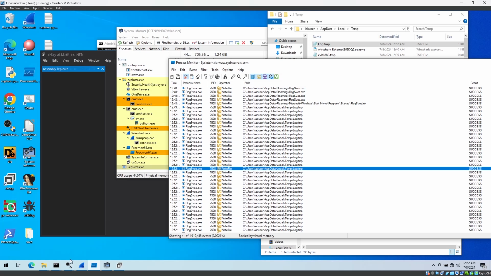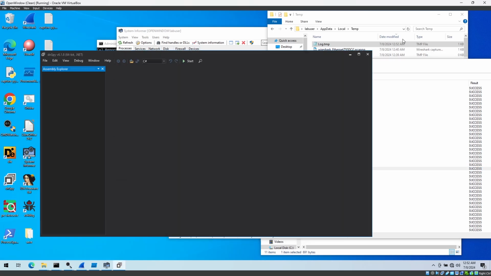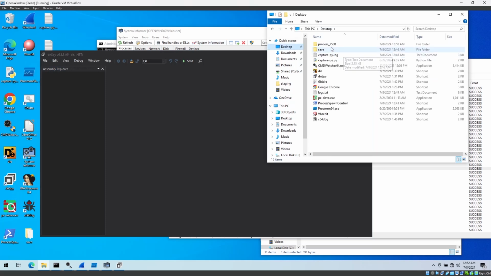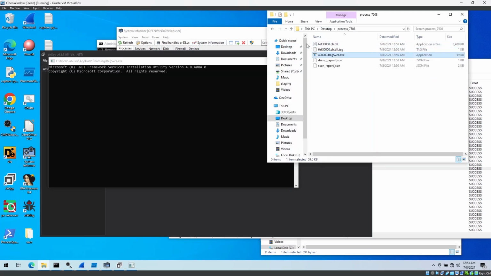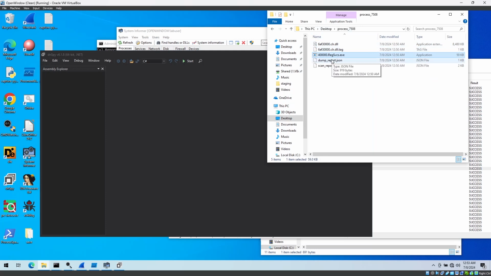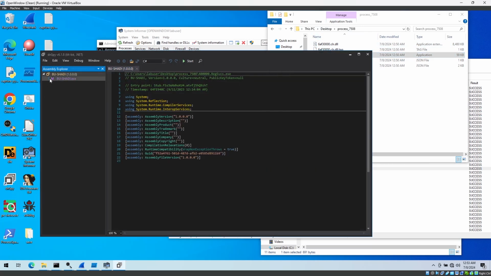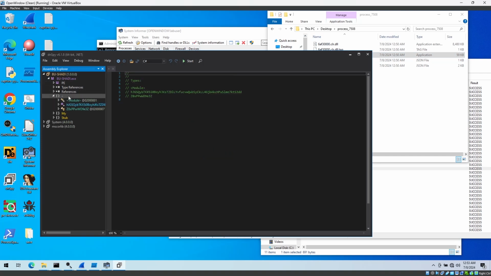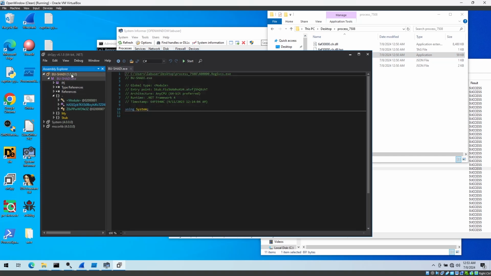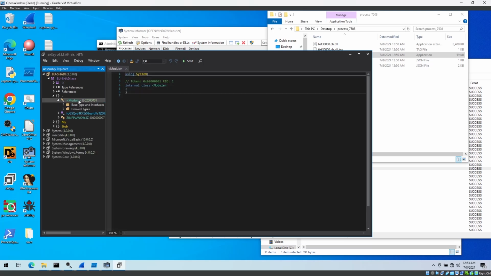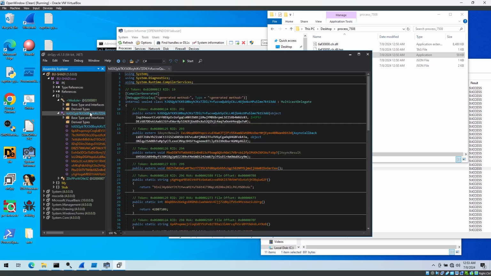Let's go ahead and, where do I want to go? I want to go to my desktop where pe-sieve dumped that executable. We could also take it from the directory it was written to in app data, but I'll pull it from here. And well, we've got ourselves a .NET executable that looks very similar to some of the RATs we've looked at, like the AsyncRAT and the RAT King Parser video. And this is how we can go in here and determine it's XWorm just by looking